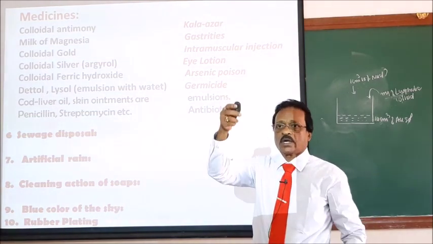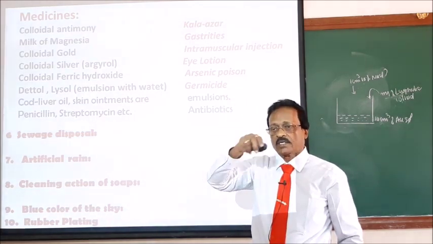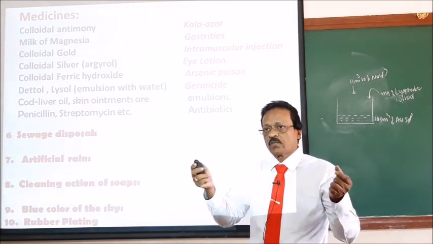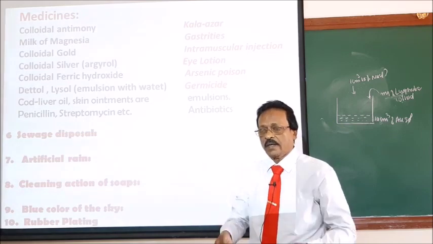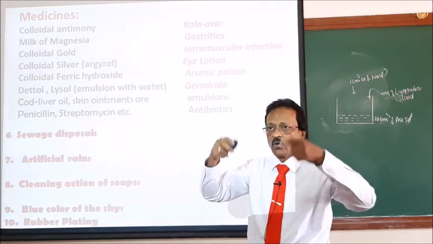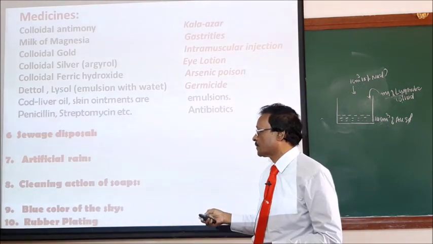You put sodium chloride and sand, and they also put a small amount of iodine to depress the freezing point. Then coagulation occurs. All the small liquid aerosols combine to form a big cloud, and because of the iodine depressing the freezing point, finally the cloud melts and we get the artificial rain. This is the principle of colloids.